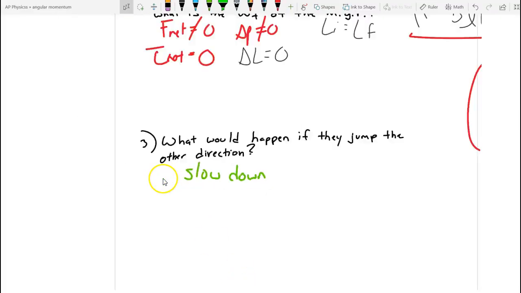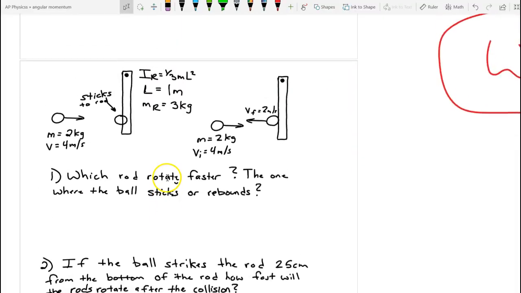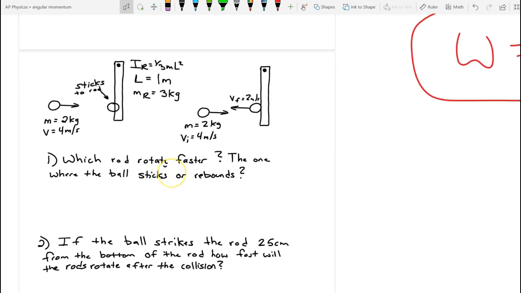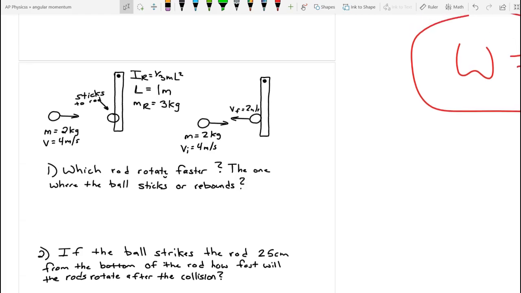All right. In this example, let's see what happens when a rod sticks and rotates, or one where it sticks or rebounds. Very simple conceptually. Which one is going to take more torque? Well, to stop a ball,